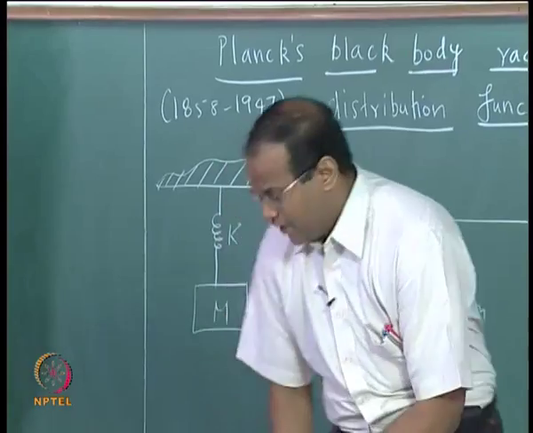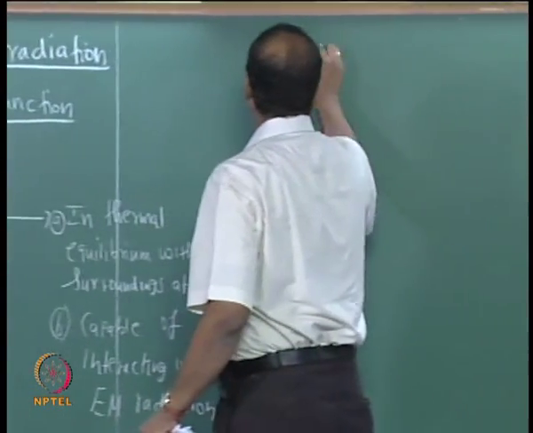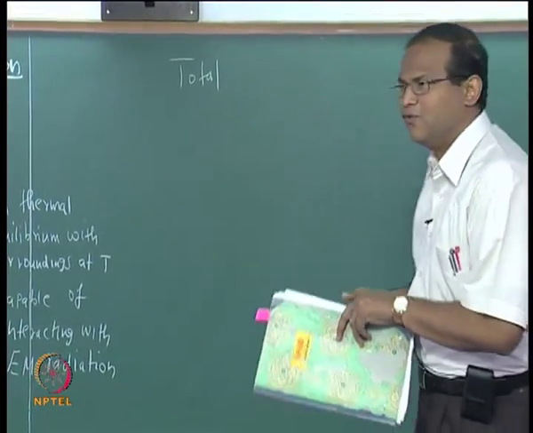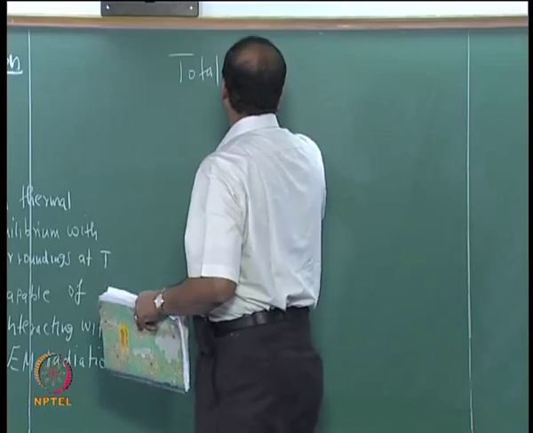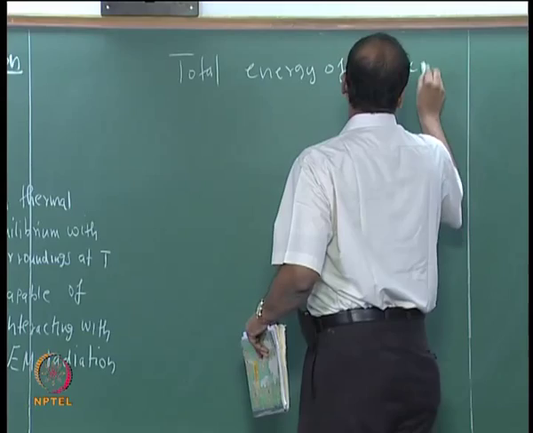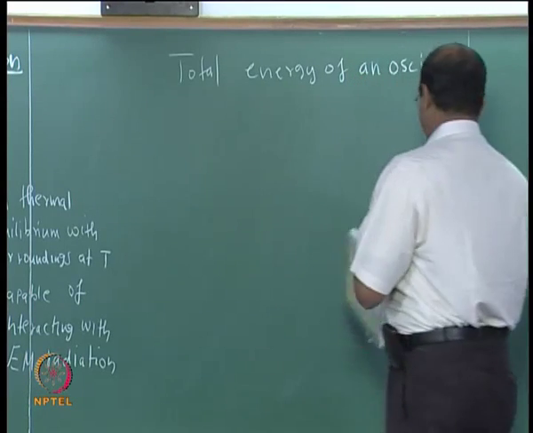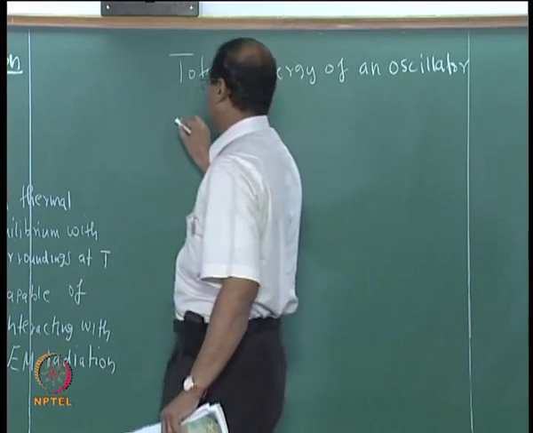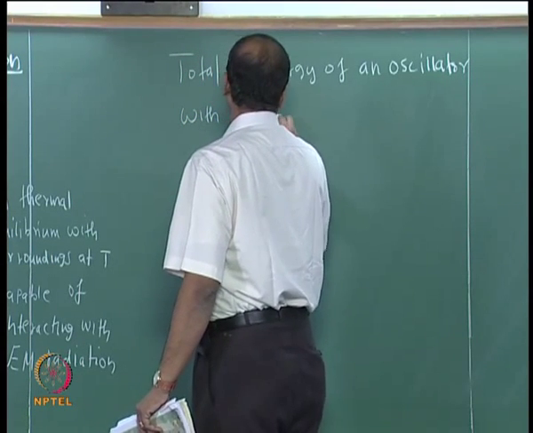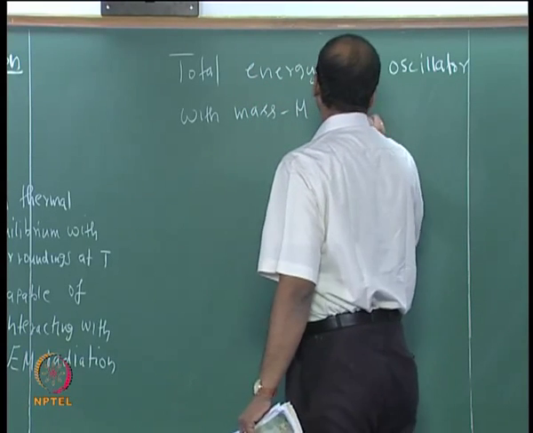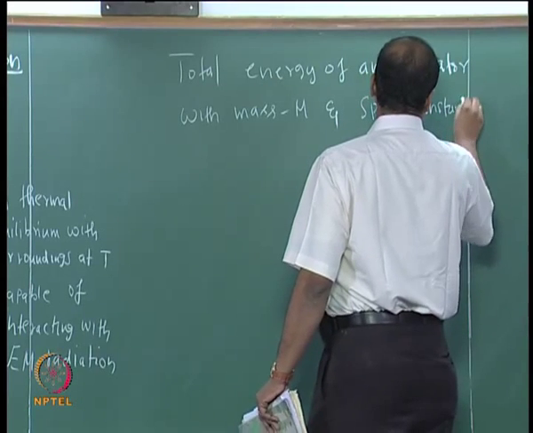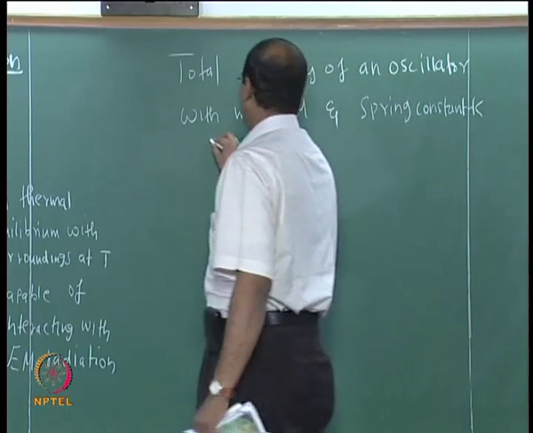Okay. Now total energy of, again it is not as shady as Rayleigh-Jeans, but it is also mathematically involved, so follow these steps very carefully. Total energy of one oscillator with mass m and is given by